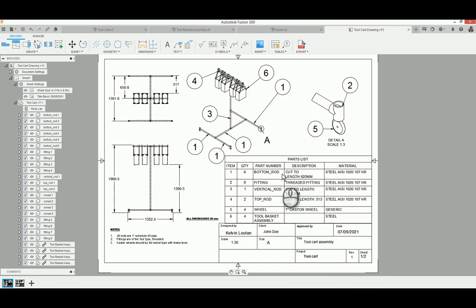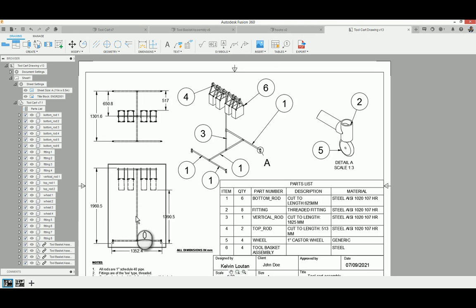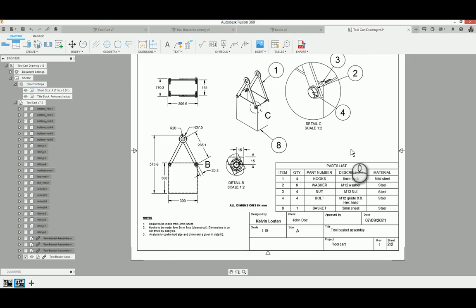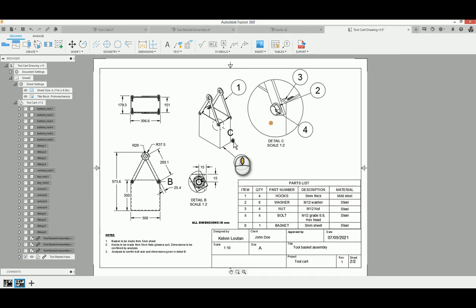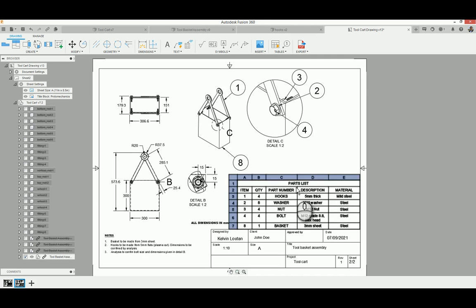Right, so we notice now we don't have any detail on this basket. So that is a component detail, a component drawing. So on the next page here, that's what I did, a component drawing. So I detail the basket. So again, we have overall dimensions. We have a 3D representation of it. We have some detail, and then we have the parts list now that governs